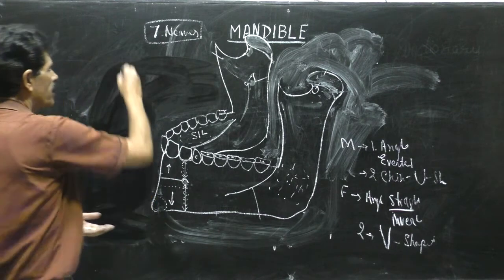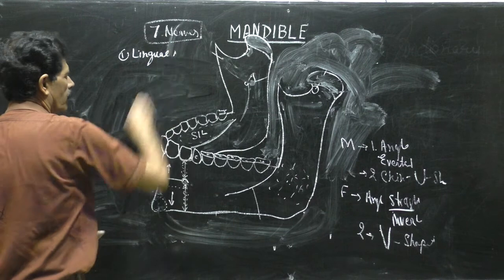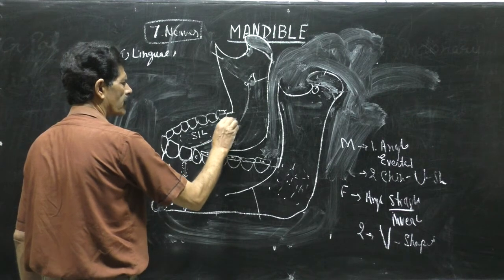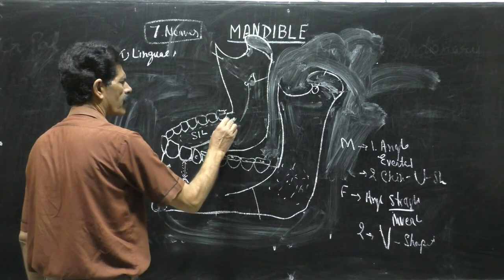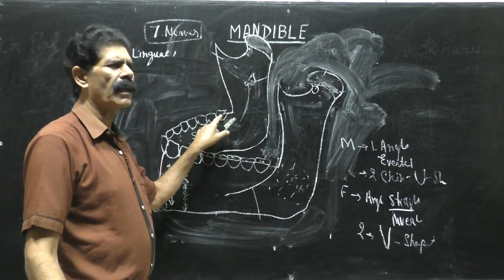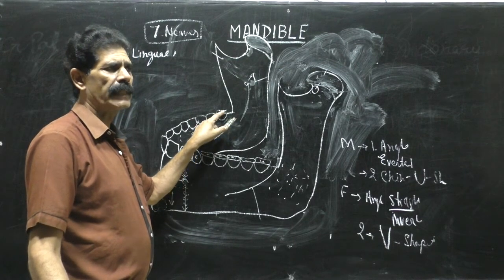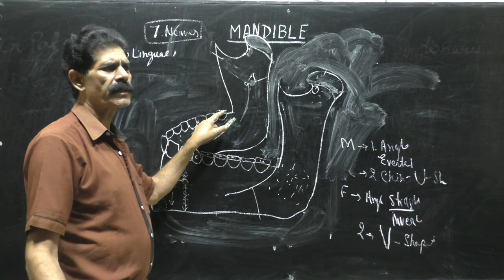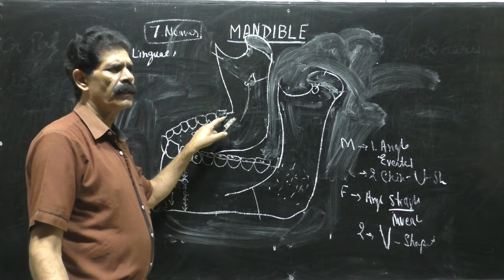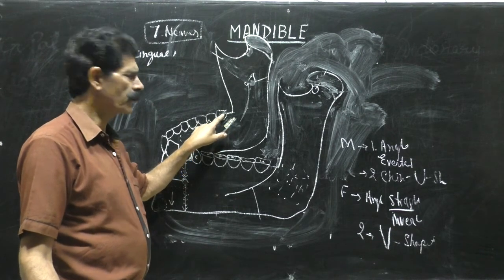The first important nerve is the lingual nerve. The lingual nerve touches 1 centimeter medial to the last molar tooth here. As it lies very close to the last molar tooth, during the extraction of the last molar tooth, sometimes the lingual nerve can be accidentally damaged, and that leads to the loss of general sensation on the anterior 2/3 of the tongue of that side. So the surgeon has to take precaution. He or she should know the relationship of the lingual nerve with the root of the last molar tooth.